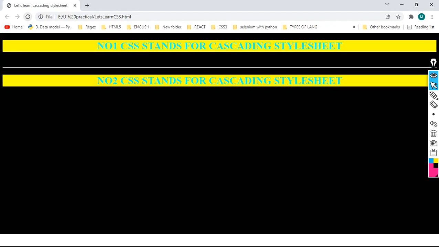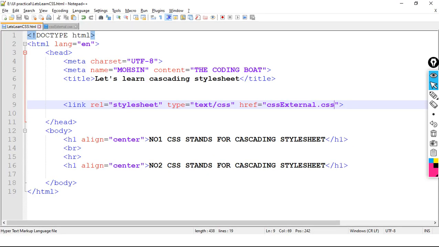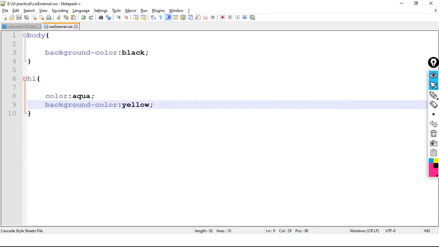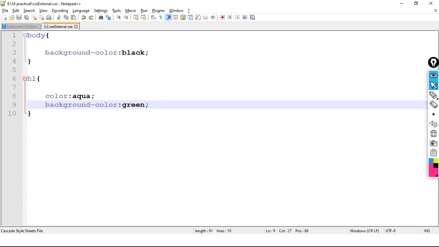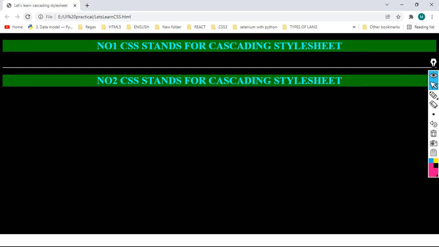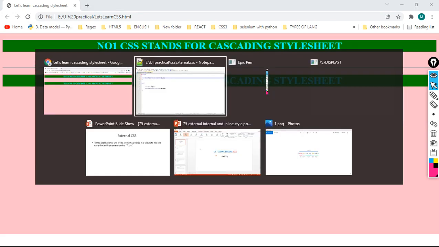Understood? Let me take green and background color pink. Okay, so this is a perfect example of external CSS.